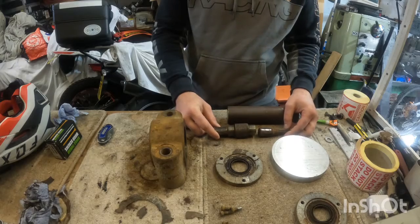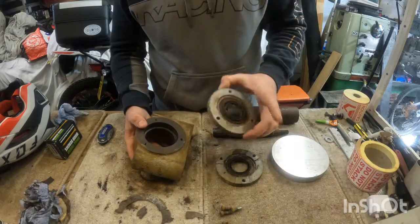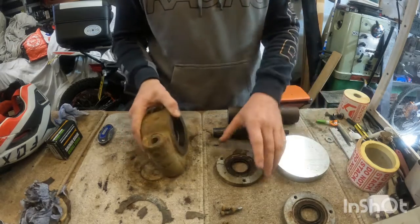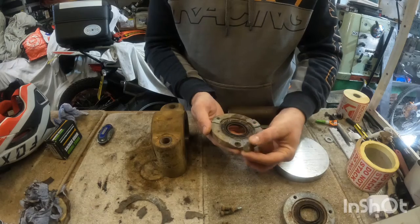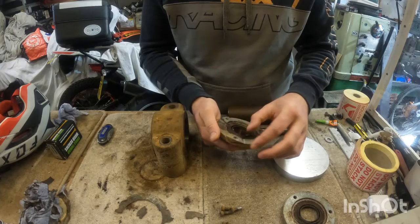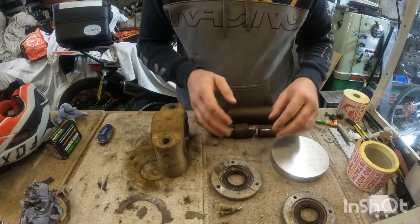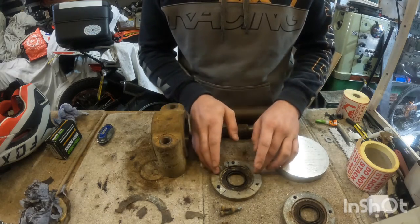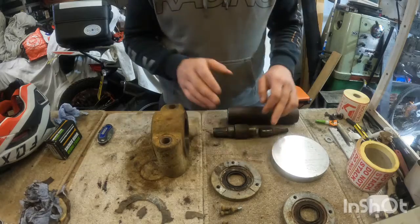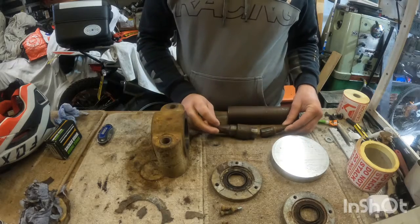So this was partially disassembled when it was brought to me. I have since removed the other side seal plate to be able to achieve some proper measurements off that one, as this side here has split away on all of the fixture points. The castings have just split, so I'm not sure if that was part of the issue initially or whether the shaft had just sheared and then this has been a result of trying to disassemble the machine. I'm not sure. So my job here is to make up a replacement shaft